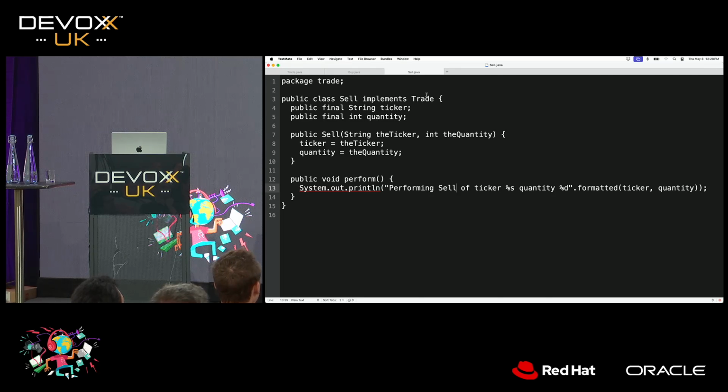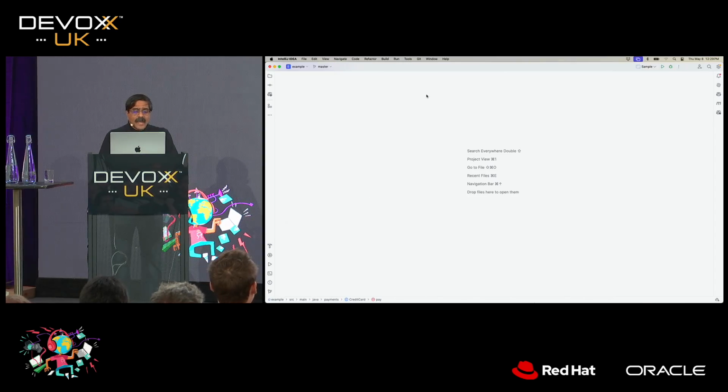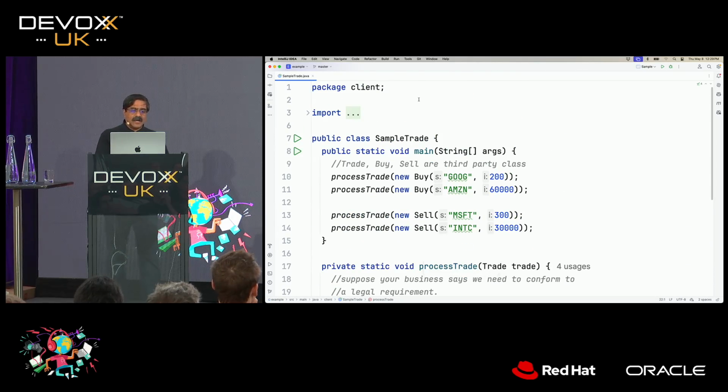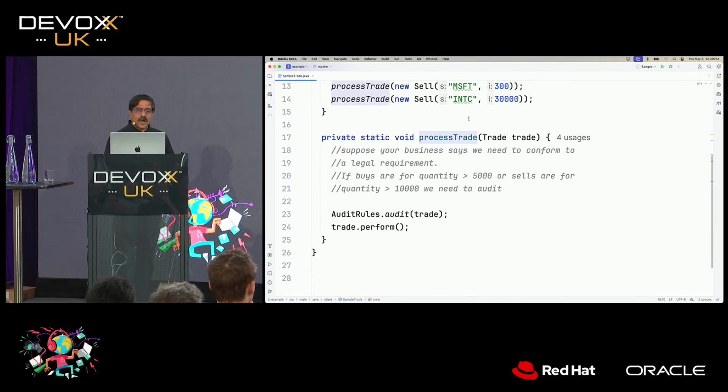And we do this all the time. You're using libraries in your code. Libraries provide classes and interfaces, and you often use that in your code. So this is not an unseen situation, a very common day-to-day thing that we do. Okay, great. But your business analysts are telling you now that you have a trade, and in the trade, you can call a buy or a sell, and you can call a process trade. So if you call the process trade, what does the process trade actually do? The process trade is going to perform an operation on the trade. So we're going to say trade.perform.